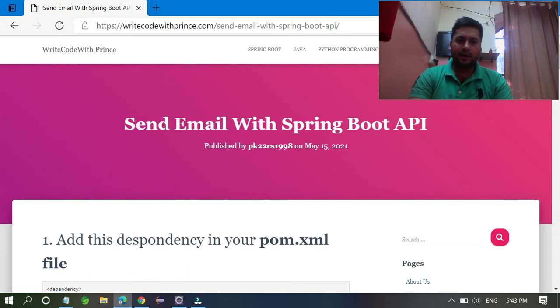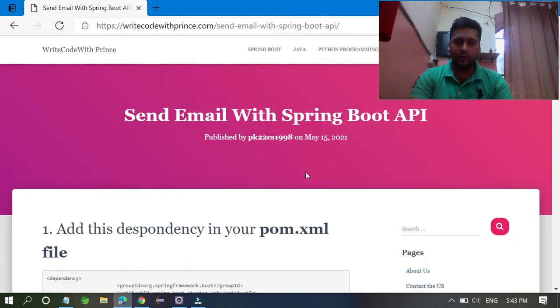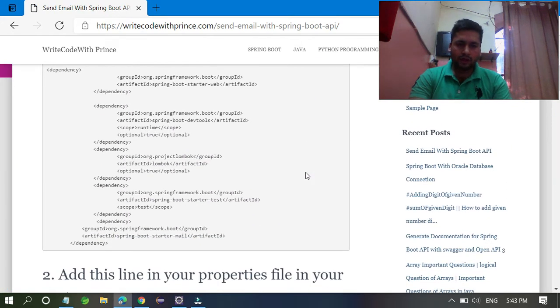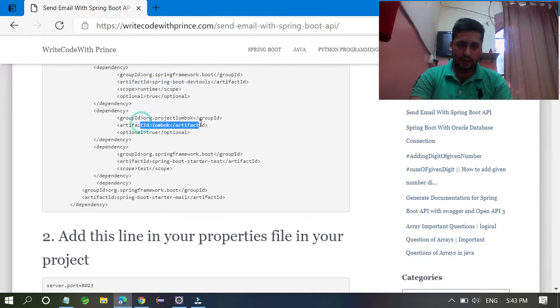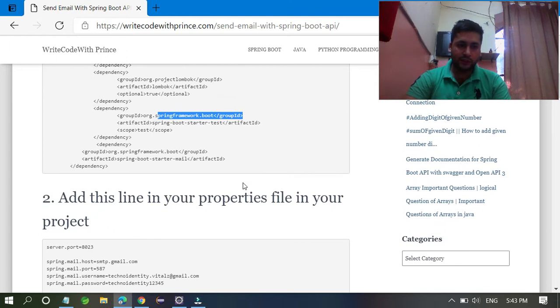So simply I have clicked on send email with a Spring Boot API. First you need some dependencies like the web dependency, DevTools dependency, Lombok dependency, and test dependency. One more dependency you want is the mail dependency.